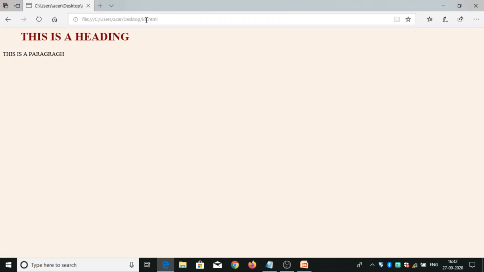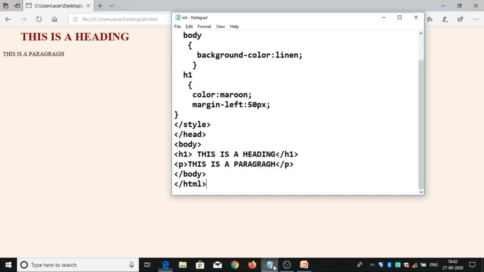So this is an internal style sheet. Here the background color linen is applied to the entire page, and for H1 I have applied a style, color is maroon, and left margin of 50 pixels.